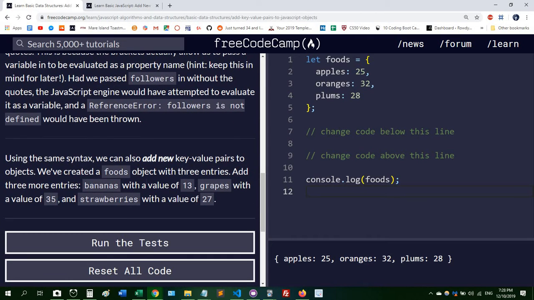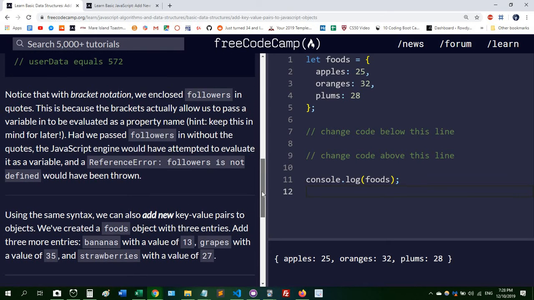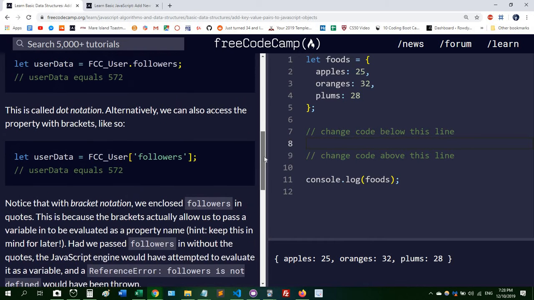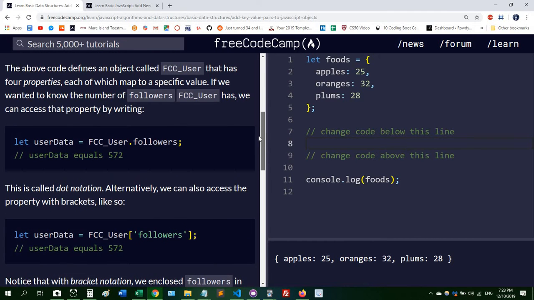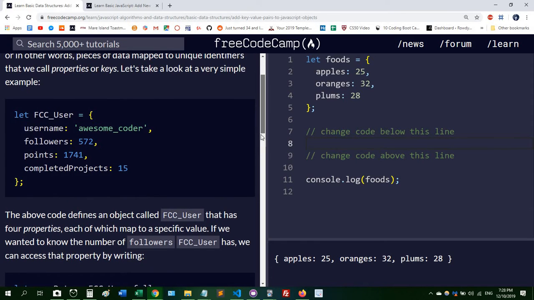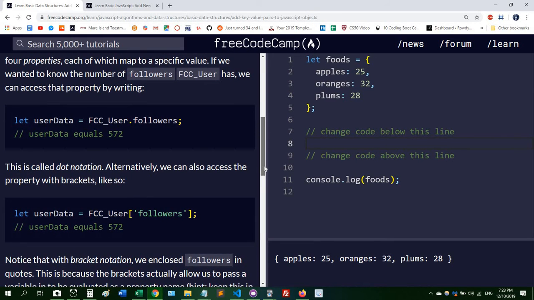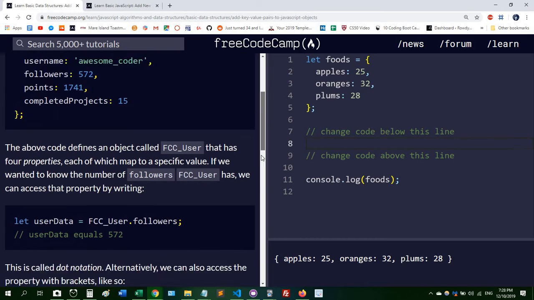What do they want us to do? They want us to add new key value pairs. So they want us to use variables. They want us to declare a variable down here, and through declaring the variable, add key value pairs to this object. They do something sort of similar over here, although it's not actually that similar, but they call one of these